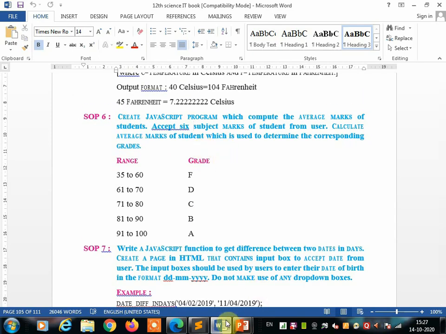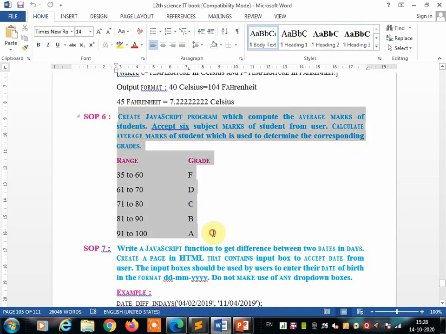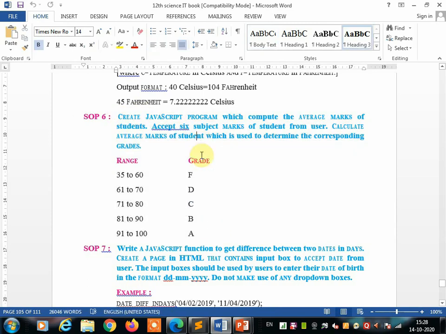Okay, now see, suppose I have shown you first calculating the total mark and average. Suppose you calculate total mark and average, that much mark you will get. If you're not getting the grade, you will not be given the mark. So this practical will be a 20 mark practical. You will get two different practicals, and you are going to solve one. While solving one practical, keep in mind one practical has 20 marks. You're going to lose the 20 marks if you're not solving it properly. And if you solve this practical in the proper way, you will get full marks.